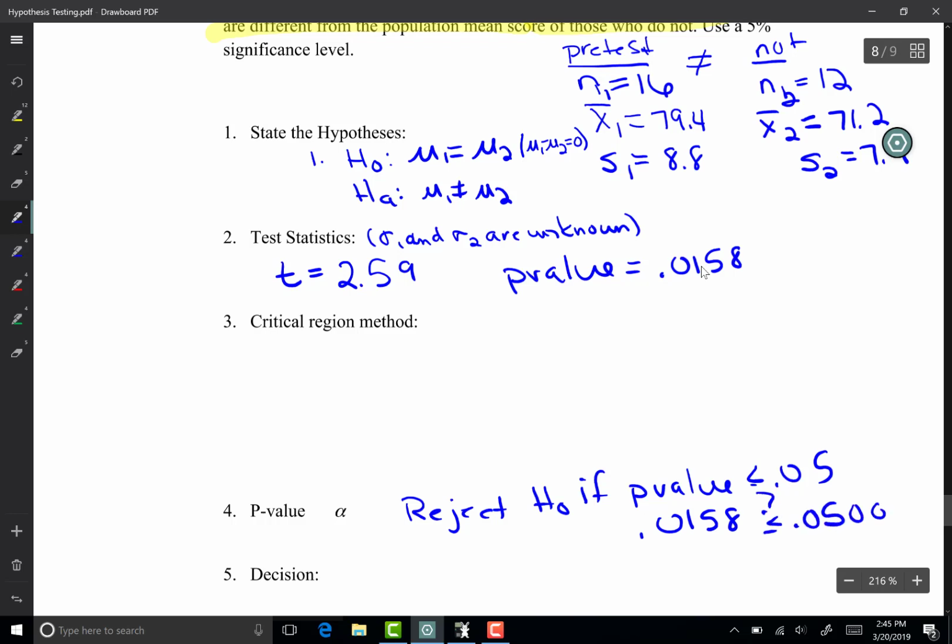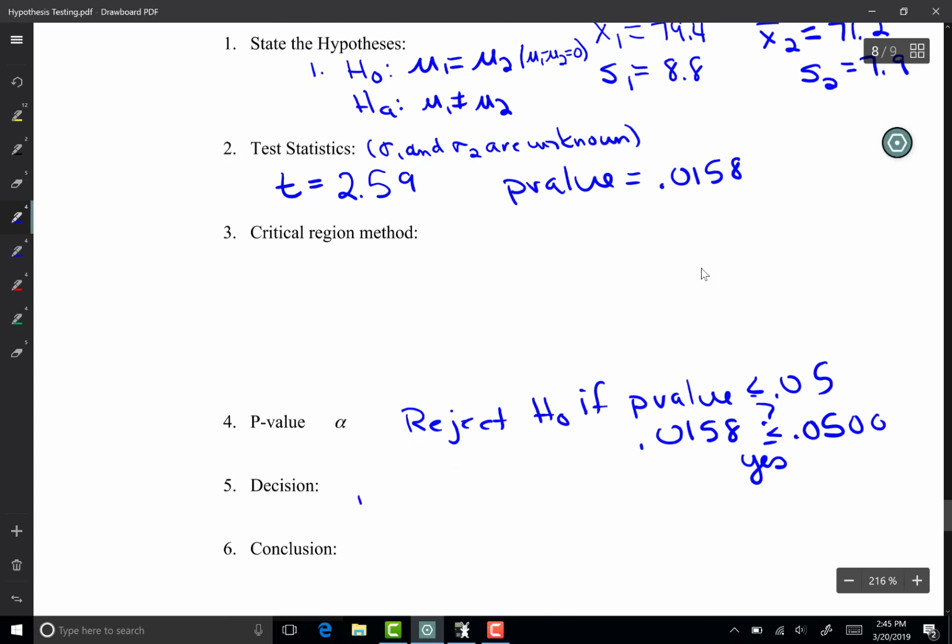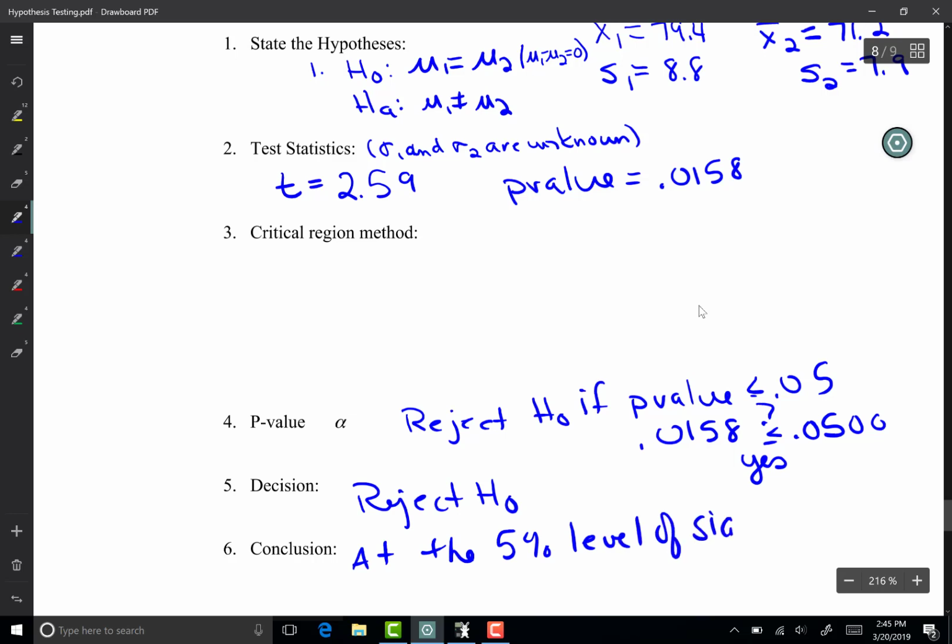Remember, you can put the zeros here and just compare the numbers. 158 is less than 500, so the answer is yes. When our answer is yes, we reject the null. If our answer was no, we do not reject. So at the 5% level of significance, we either do or do not have enough statistical evidence. Since we rejected,